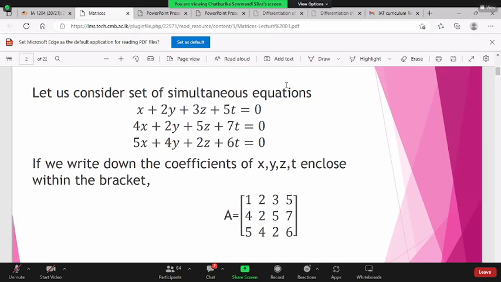Especially when you go to the third year, you will find a course called Applied Numerical Methods. Within that course, we give you a practical application. You are the one who should construct equations and solve them. That is the difference from this maths course. Here we give you the simultaneous equations and tell you to solve them using Cramer's rule.